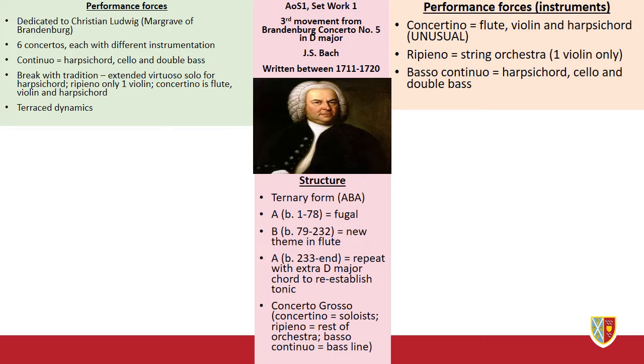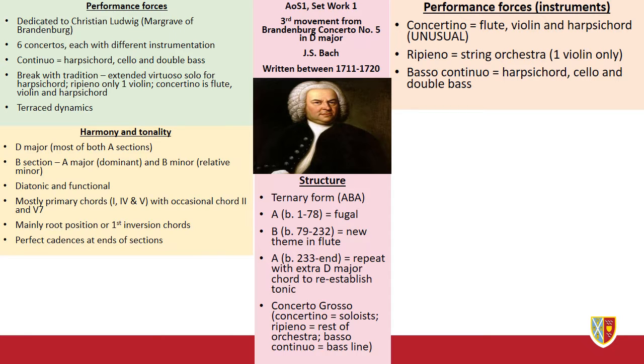In terms of structure, this piece is in ternary form, that is ABA. The A section is fugal. The B section has a new theme in the flute, and the return of the A section repeats with an extra D major chord to re-establish the tonic. It is a concerto grosso, which means it has a concertino, that is the soloist. It has a ripieno, which is for the rest of the orchestra, but it also has a basso continuo, which